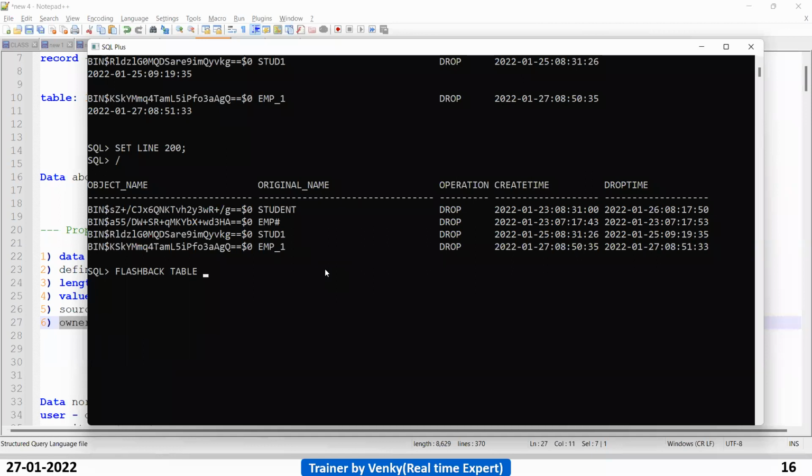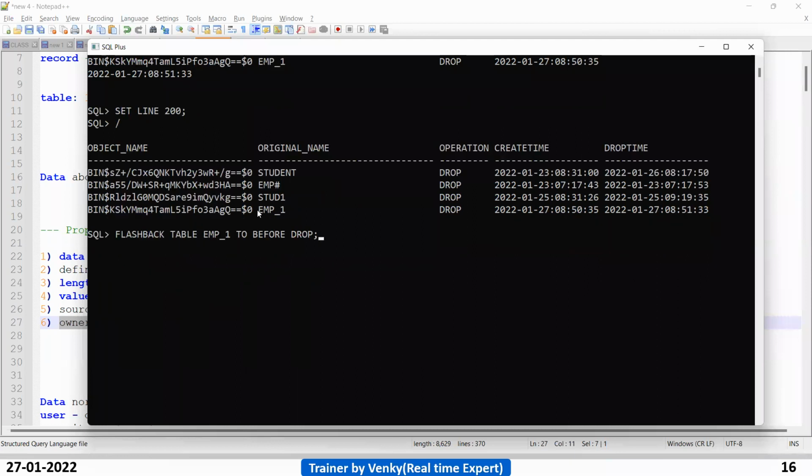Flashback table. What is the table name, guys? You just need to remember that for every command the keywords will change. The first three are the same. Table name EMP_1, before drop. So I told you, it is everything as English.